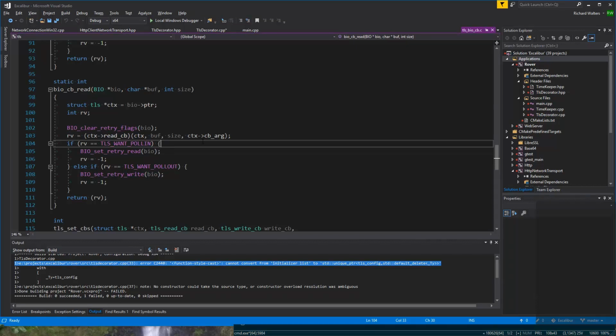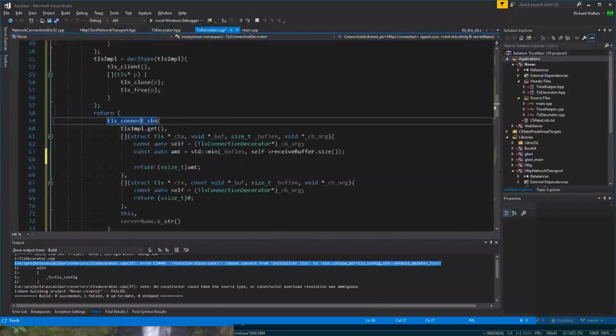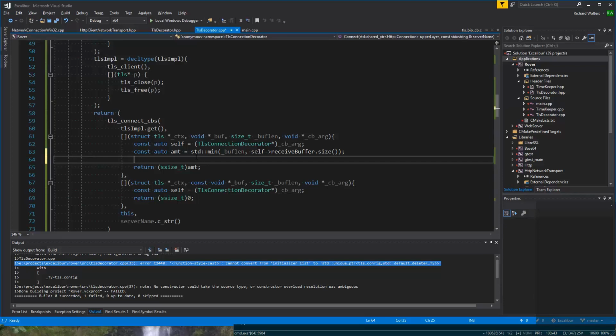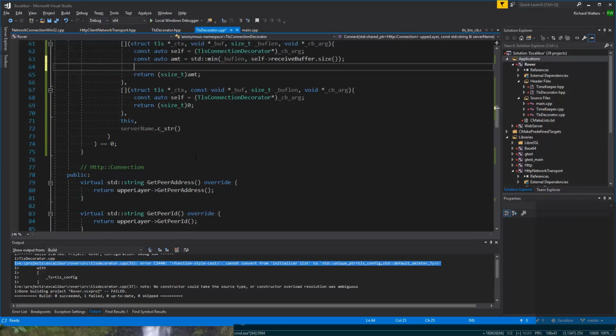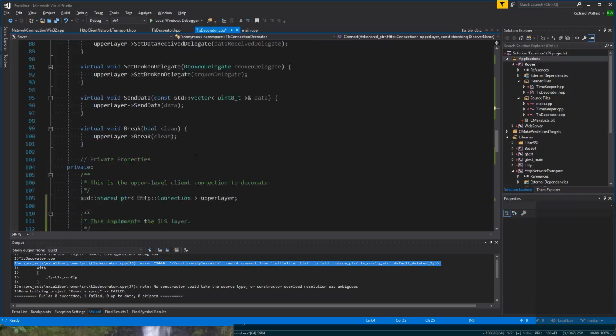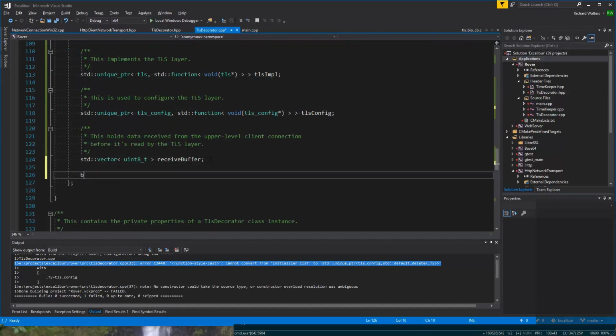I suppose what happens is if you have no more data and it's the end of the connection, you'd return 0. If you have no more data but the connection's still alive, you would maybe do want poll in. Right? I'm going to guess that's what we'll need to do. So it will be, let's keep a flag actually. So a flag called